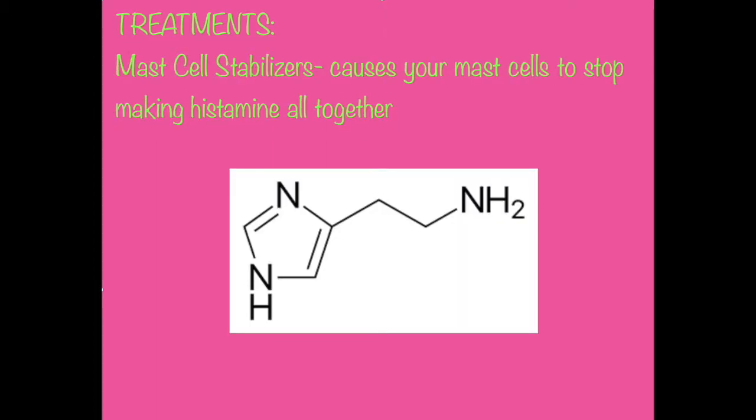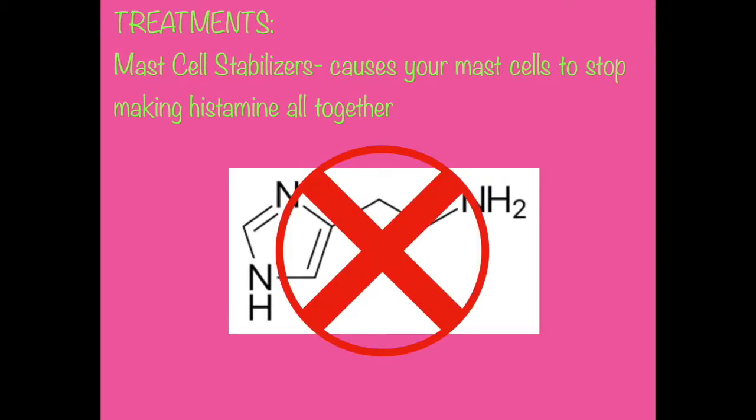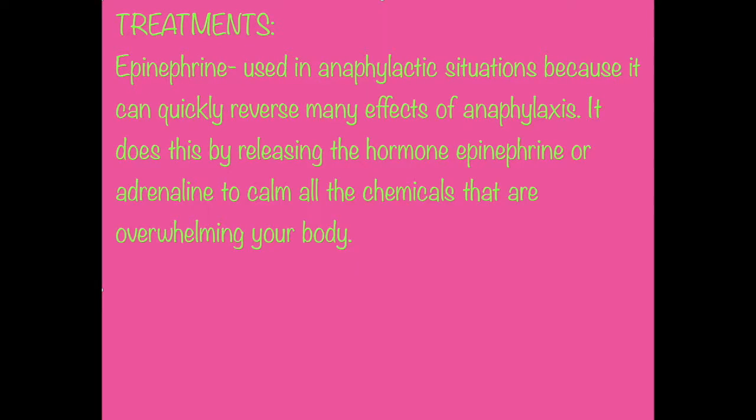Mast cell stabilizers cause your mast cells to stop making histamine altogether. Epinephrine, or an EpiPen, is used in anaphylactic situations because it can quickly reverse many effects of anaphylaxis. For example, it can constrict blood vessels to keep blood pressure up and relax your muscles so your airway can open back up. It does this by releasing the hormone epinephrine or adrenaline to calm down all the chemicals that